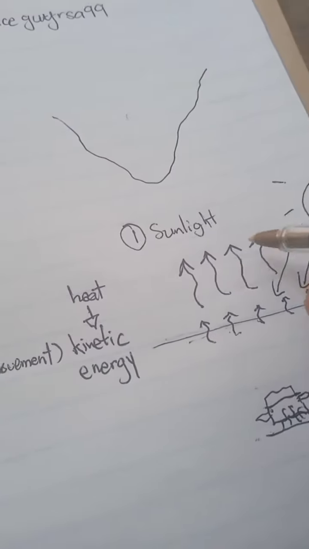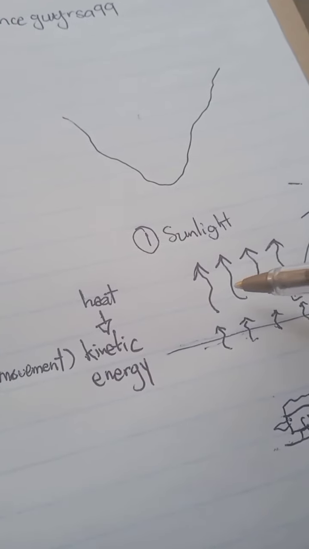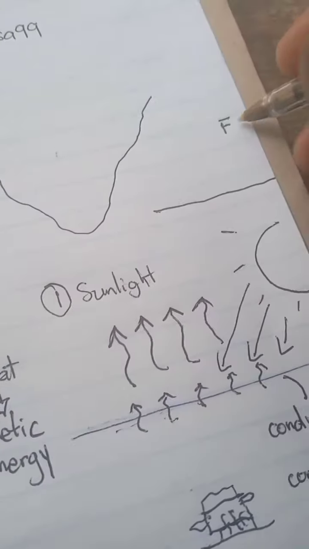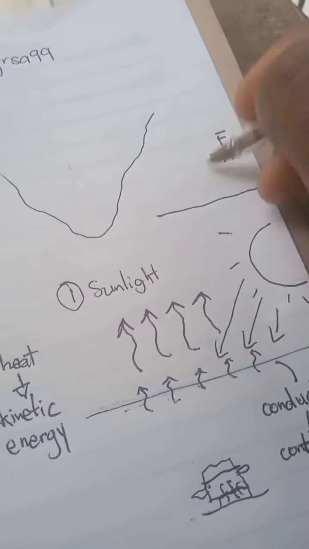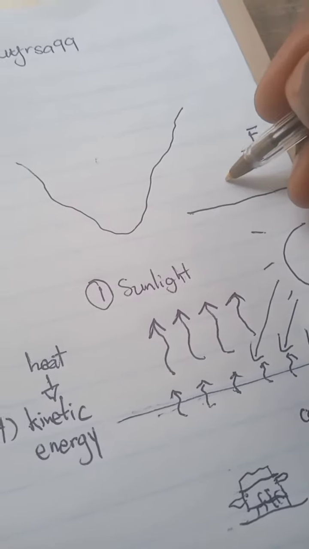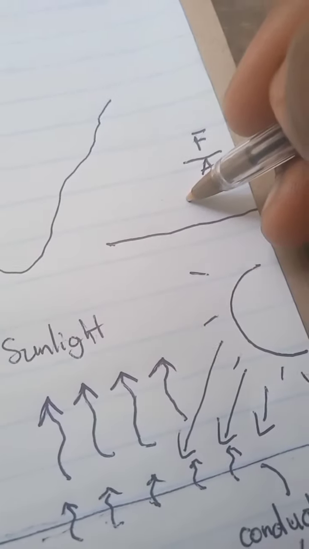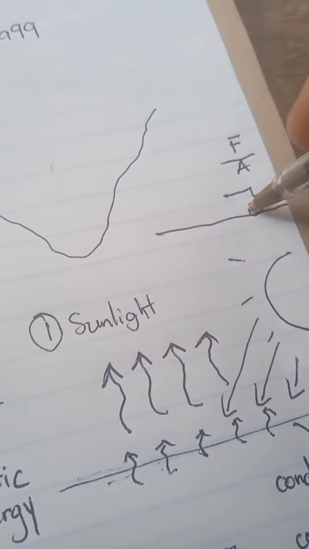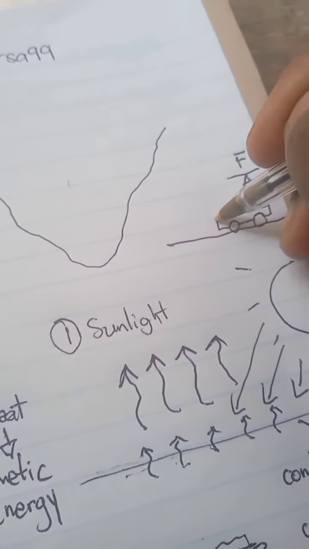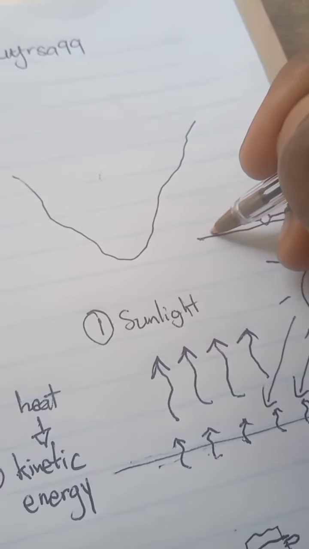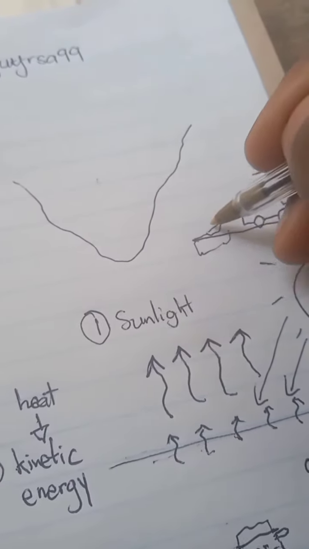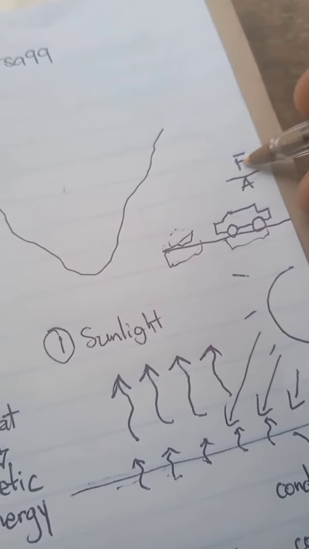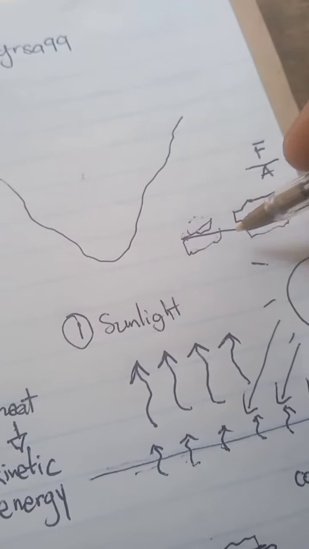Okay, so how does this relate to pressure? Now pressure is basically the amount of force that is applied per unit area. So if you apply a huge amount of force, let's say you have maybe a car. If I would ask you, if you have a car and a bunch of leaves that occupy the same area, let's say these are many leaves, they occupy the same area, the car occupies the same area as well. Which one applies a greater force?